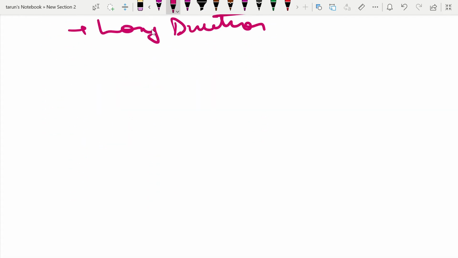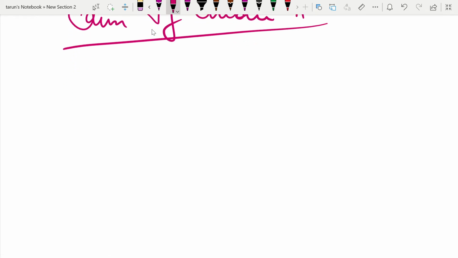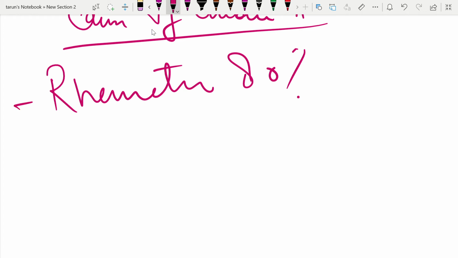Then come to another part, the causes of chronic aortic regurgitation. What are the etiologies of chronic aortic regurgitation? Question can come. Chronic aortic regurgitation, 80% of the cases is rheumatic. Write down big, it is rheumatic. 80% are rheumatic. Then aortic regurgitation can be seen in trauma, infective endocarditis, bicuspid aortic valve, atherosclerosis, dissection of the aorta, Marfan syndrome, ankylosing spondylitis, rheumatoid arthritis, Reiter syndrome, dissecting aneurysm of the aorta, syphilis.